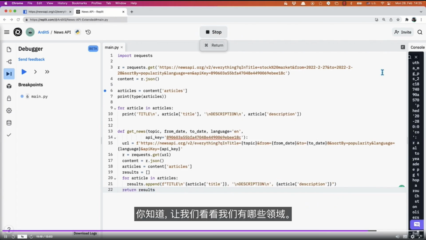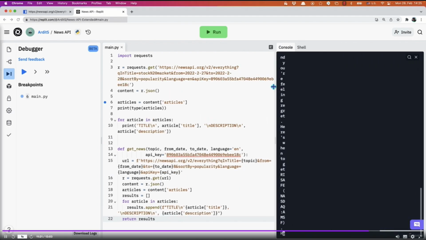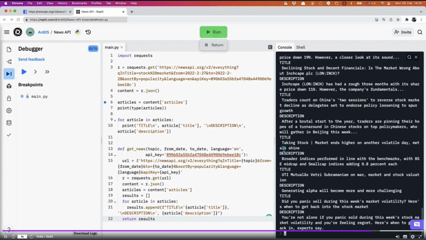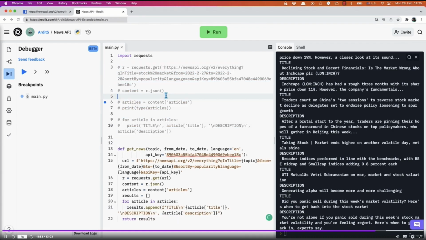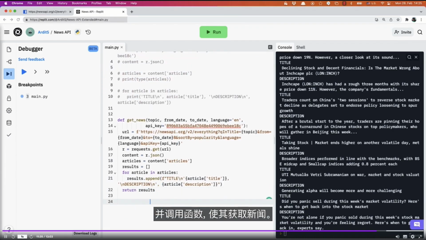Yeah, let's see what errors we have. Let's run. So those are the results from this code, but I'm going to comment this out because we don't need that anymore, and also call the function.